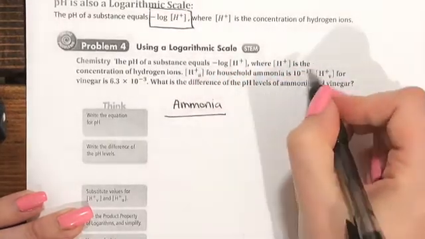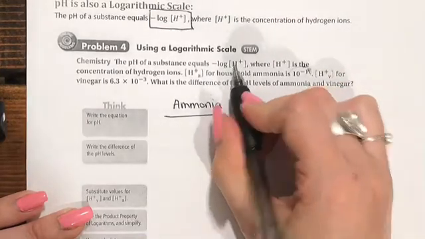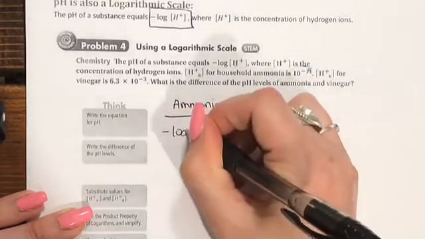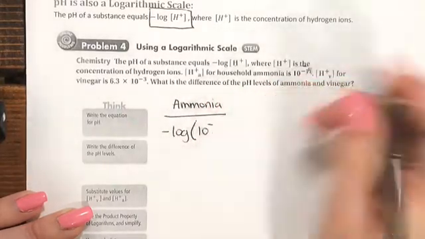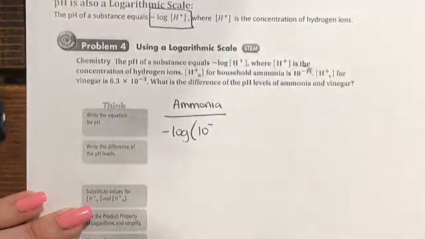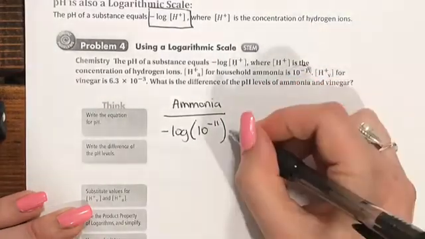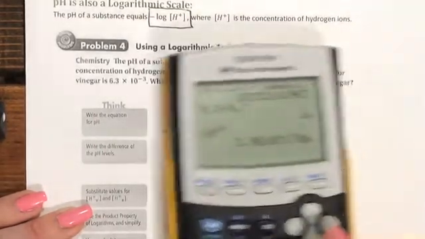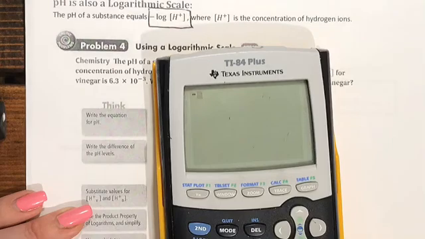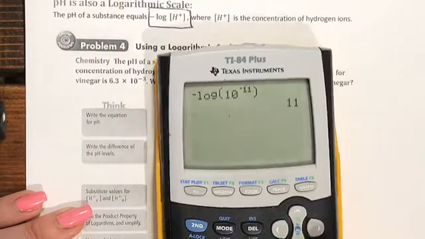So we are literally just going to take this number they gave us for the hydrogen and plug that in. So we're going to have negative log of 10 to the negative, oh no, I wrote over it. I think it's negative 11. And then we'll just throw that into your calculator and that's going to equal our pH. So don't forget your negative, but negative log of 10 to the power of negative 11. And we get 11